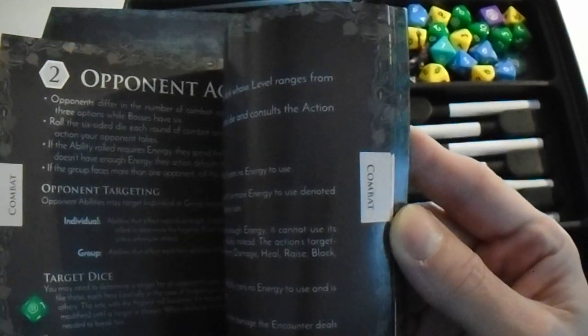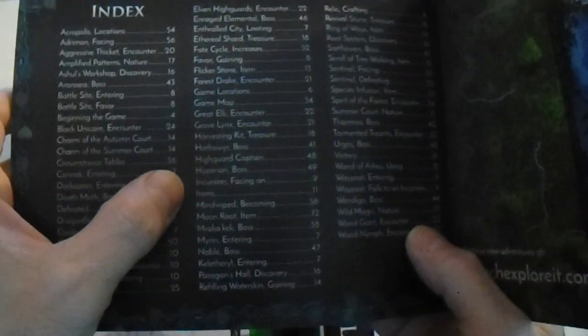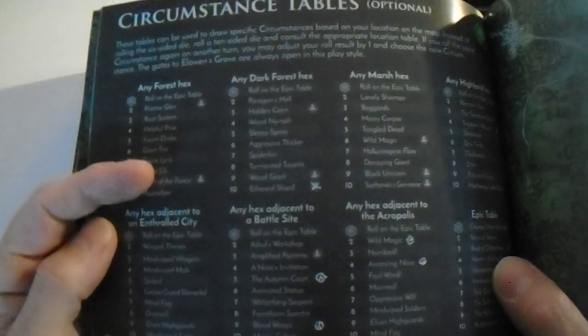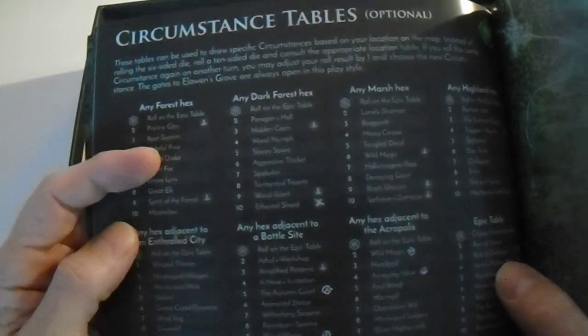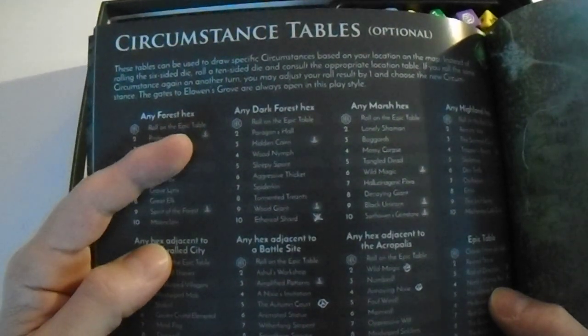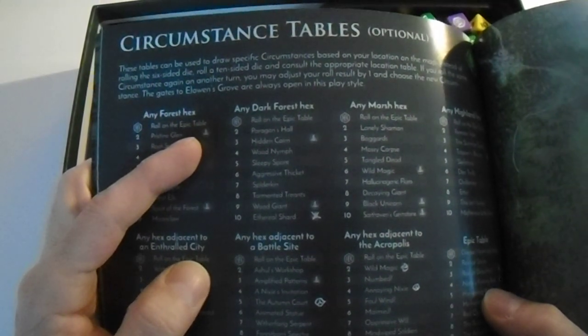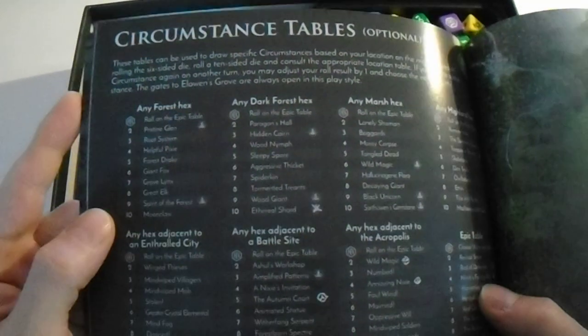Mariucci, the designer, also realized that. So what he did was he came up with an optional circumstance setup, and it's in the storybook. Where is it? Circumstance tables, page 36. So there is only one entry. This circumstance table, unfortunately, not only has typos, it also mixes up the expansion entries. For example, Pristine Glen here is part of the expansion. So you cannot use this circumstance table as it is,